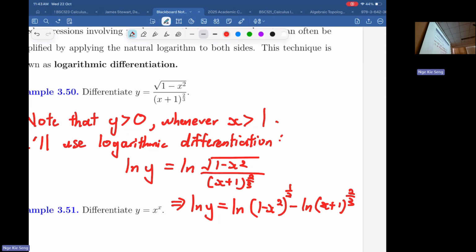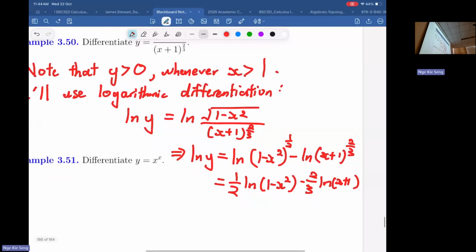But ln can also reduce what? ln can reduce the power to a scalar. So let's pull the half out. Can you see the power of ln here? ln makes your quotient become a difference, and then ln makes your power become a scalar. That's why we like this ln here. Otherwise you need to use the quotient rule, chain rule, everything.